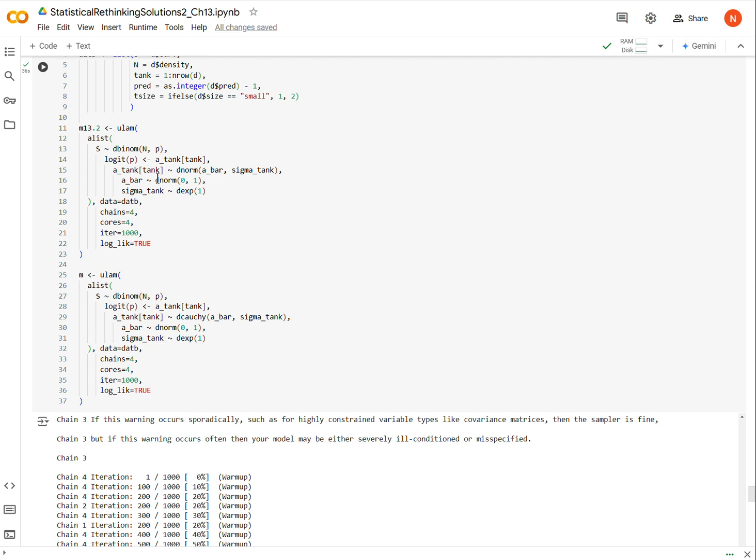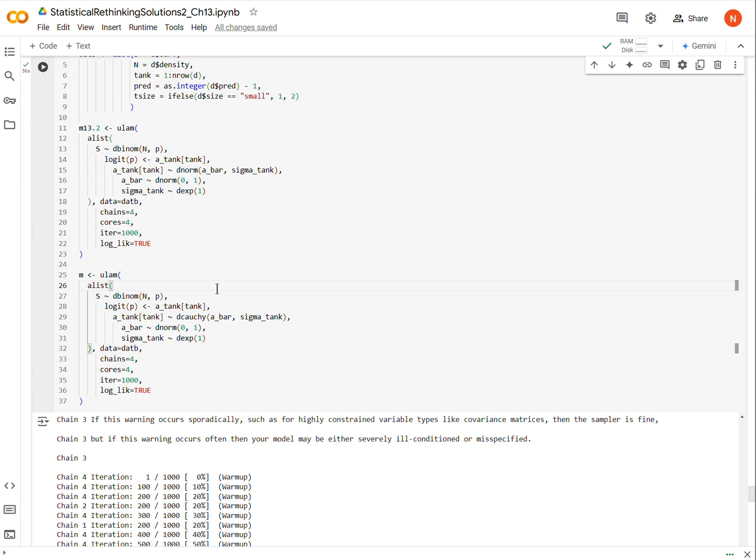But we're going to replace this hyper distribution from a normal distribution. So I'm rerunning the model here. We're going to replace it with a Cauchy distribution. I'm not sure the best way to pronounce that. Okay, and that's the one change we're going to make. I guess there is an additional change. I think originally this A bar had a 1.5 standard deviation, and I'm making it 1 just to make it comport more directly with our Cauchy distribution here.